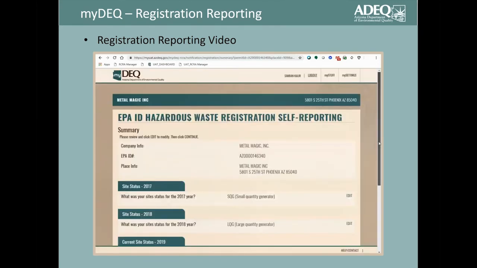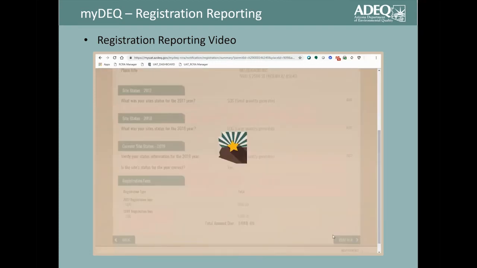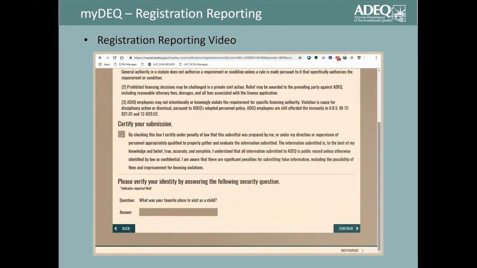This is important because a lot of times we get phone calls, gee, I did my report wrong. And once you have certified it, it takes a long time to correct those changes. So make sure you check them on that edit page. You then go to the certify page where you check the box and you answer the personal question. So in order to do this, you have to be either an RCO or a DRO. When you hit continue,